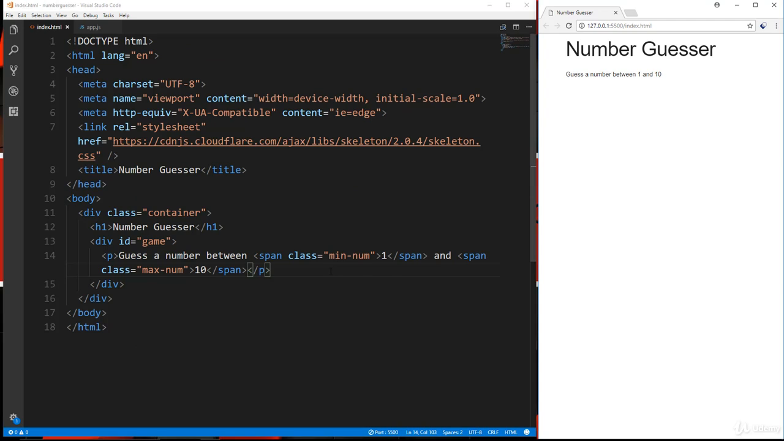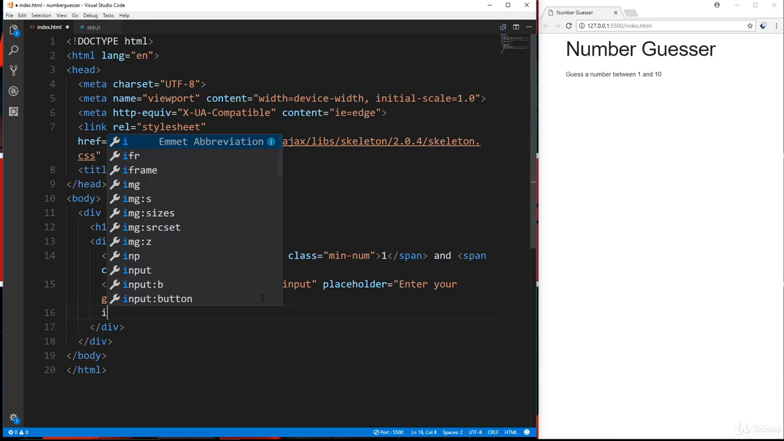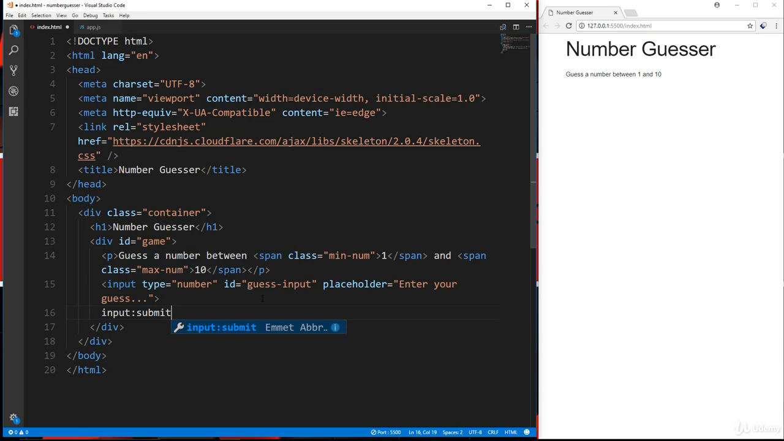Now underneath the paragraph, we're going to want to put an input with the type of number. It's not going to need a name. For the ID, we're going to put guess-input. And then we'll put a placeholder, and we'll say enter your guess. Underneath that, we're going to have our submit. So we're going to have an input with the type of submit. And for the value, we'll say submit. And then we just want to give this an ID